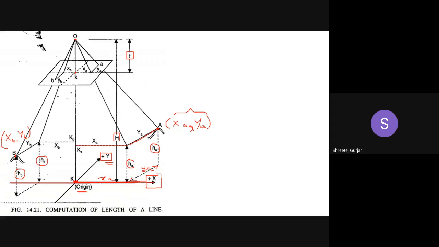Similarly, in the photograph, you can see here we have point small a marked over here. If you join this line, it will penetrate through the photograph here. So this is point a on the photograph. Similarly, we have point b on the photograph over here. The coordinates are mentioned in small letters. So small a will have coordinates small xa and small ya, and similarly small b on the photograph will have xb and yb. This is the point b on the photograph, which is here on the ground.